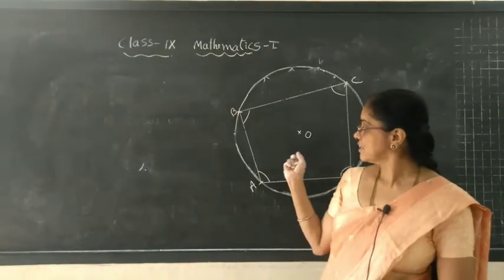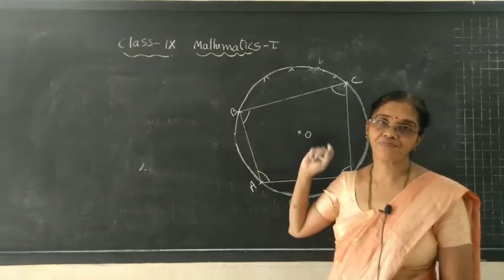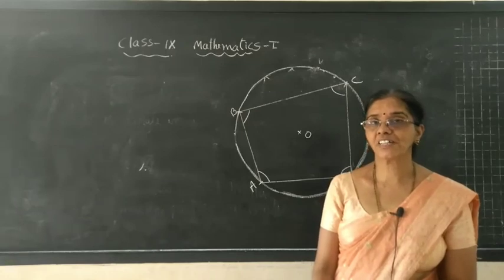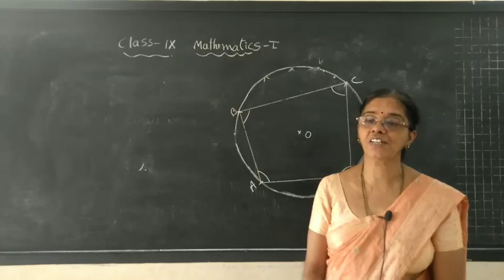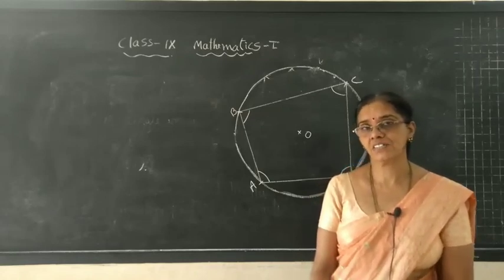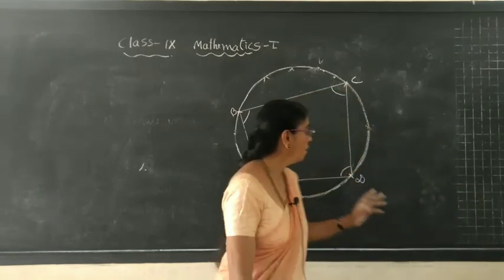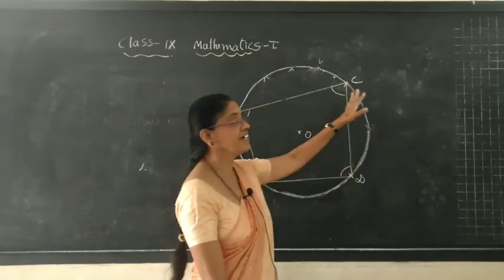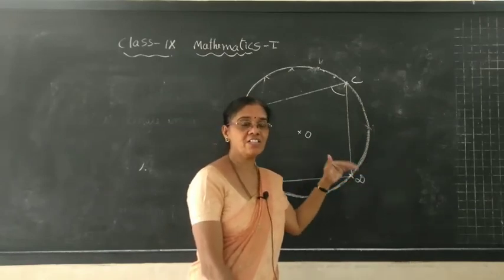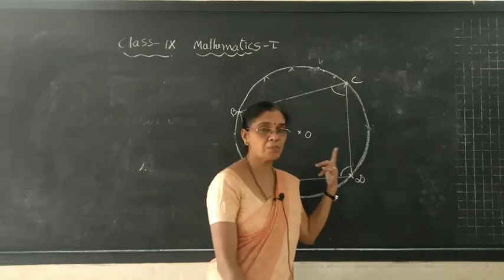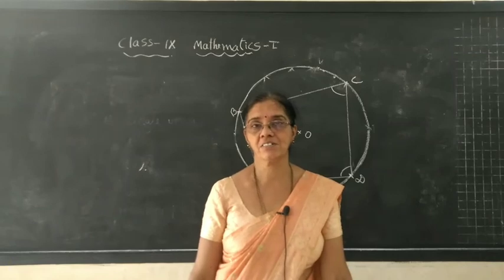The quadrilateral which we got inside the circle has a name, and what property or characteristic it has, we will learn in the next class. That is the last topic. Your homework is just to measure the 4 angles and write their values, and in the next class we will learn what result you get and what important relationship that quadrilateral has. Thank you, children.